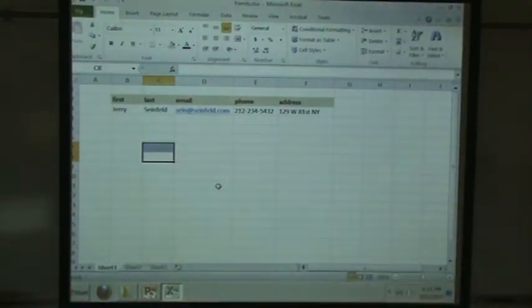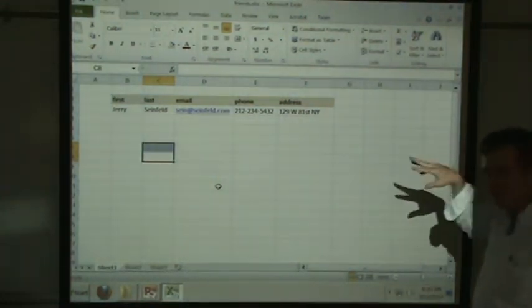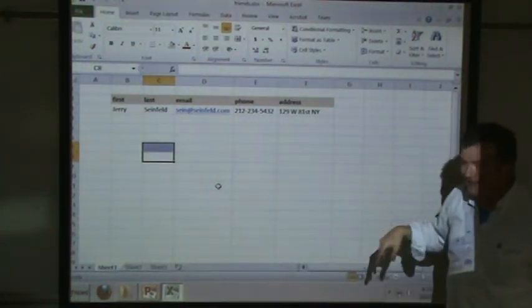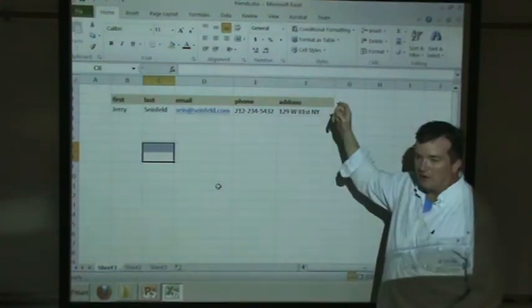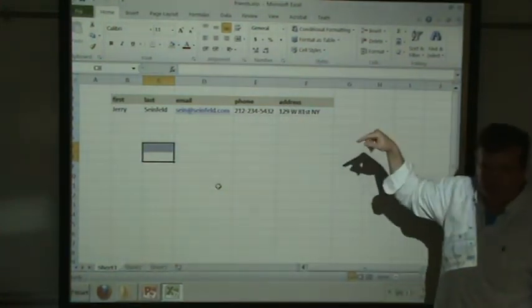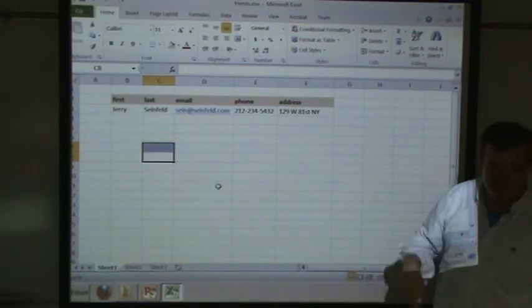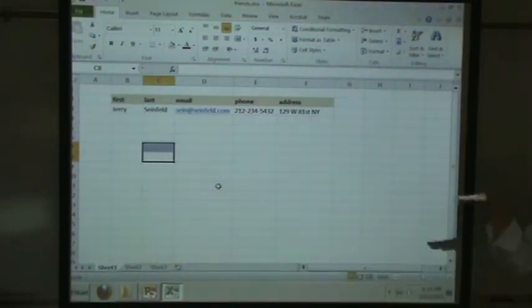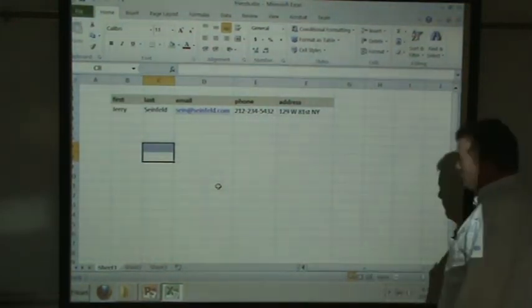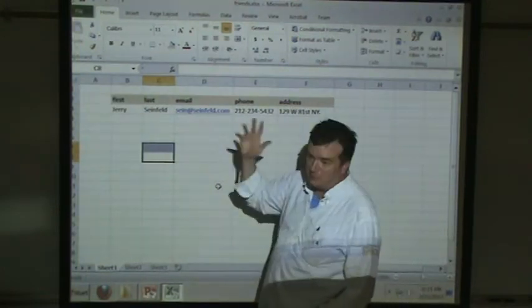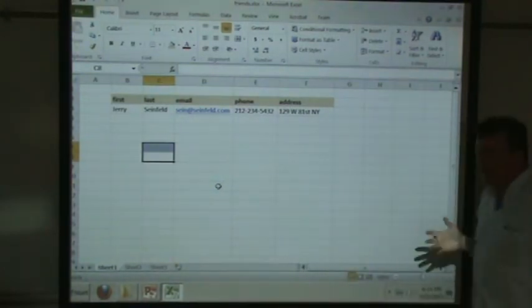Okay, so here's the thing. Does everybody have one email address? Does everybody have one phone? Does everybody live in one home? Or, you know, do students have an address here on campus and then an address at home and then a house in Florida? You know, could you have multiple addresses? And could you have multiple phones? And could you have multiple email addresses? And if so, how can